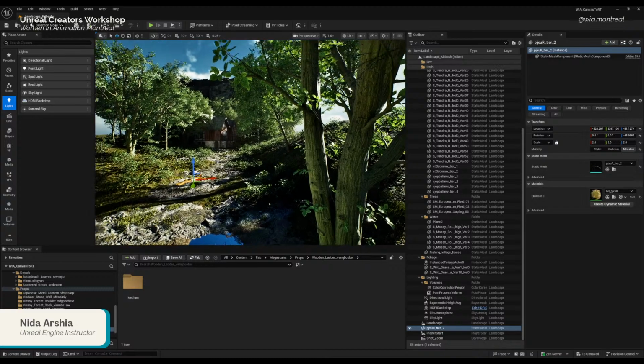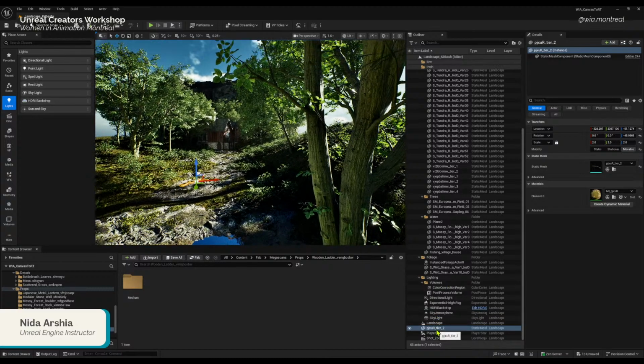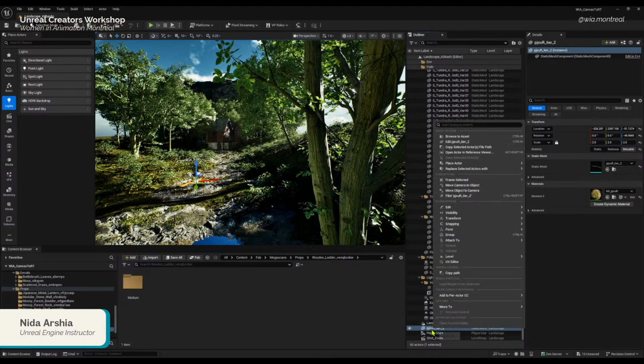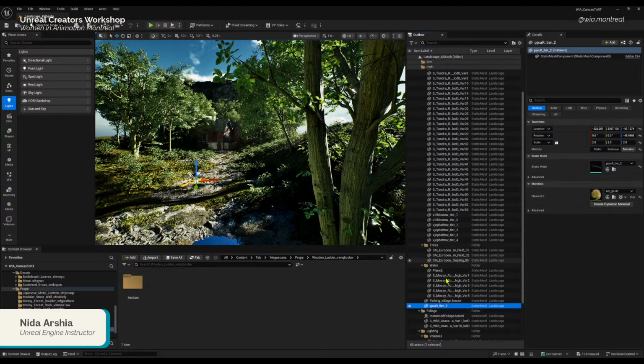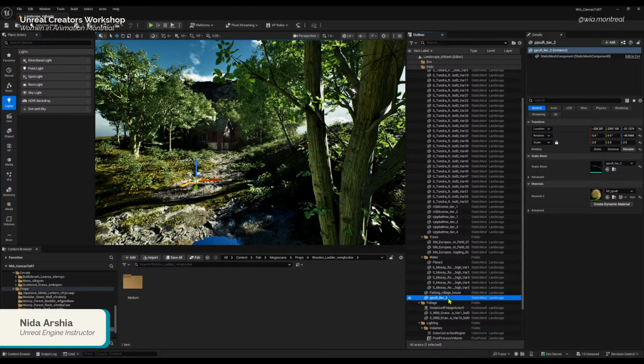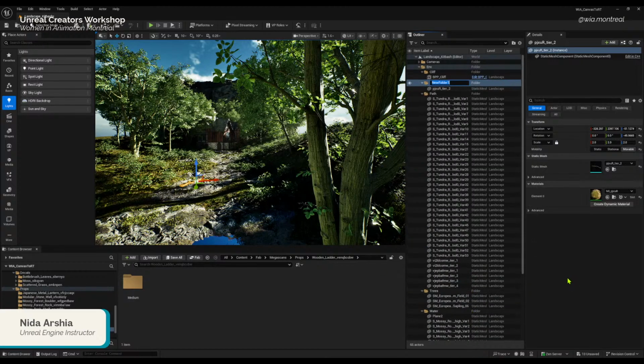And now I'm going to create a new camera. Actually, before this, let's right click on this asset, click on move to, and create a folder. We can move it inside the env or we can create a props folder and move it there. So let me do that.